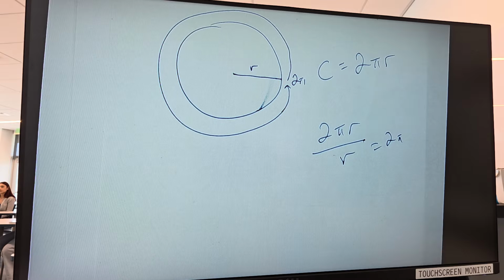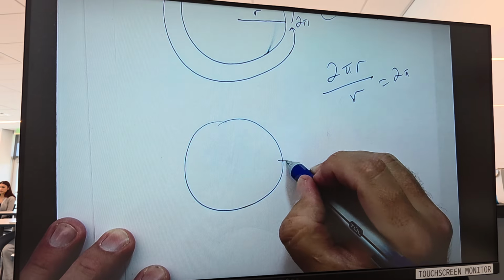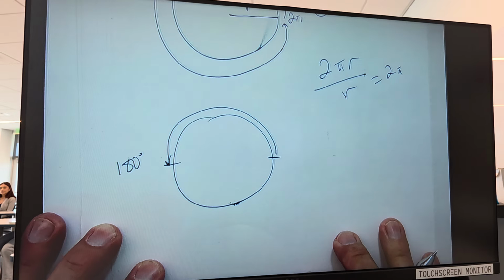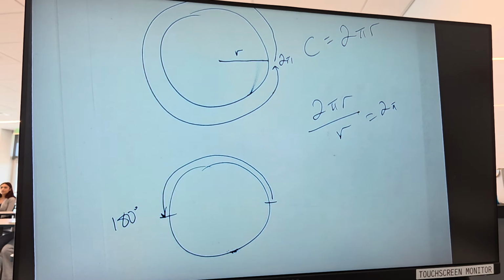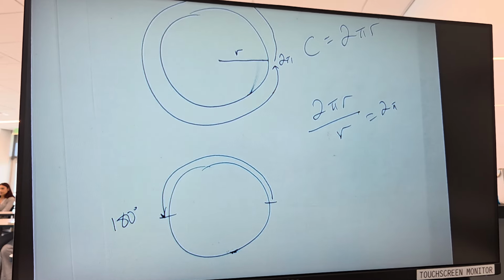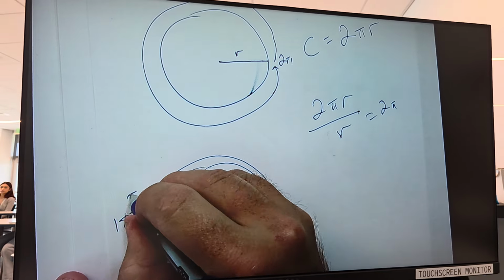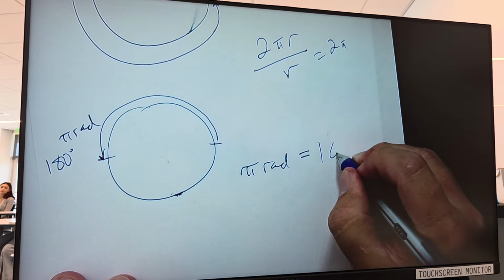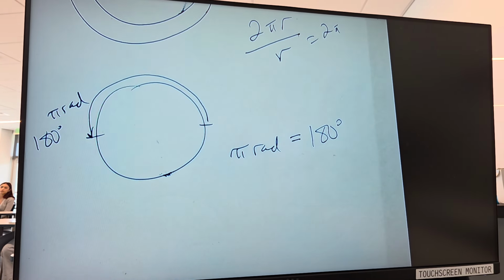So what's halfway around a circle in degrees? If I go halfway around a circle, how many degrees? 180 degrees. How many radians did I go if all the way around is 2 pi? All the way around is 2 pi, and I go halfway. 1 pi. So pi radians is 180 degrees. The same way 12 inches is 1 foot.